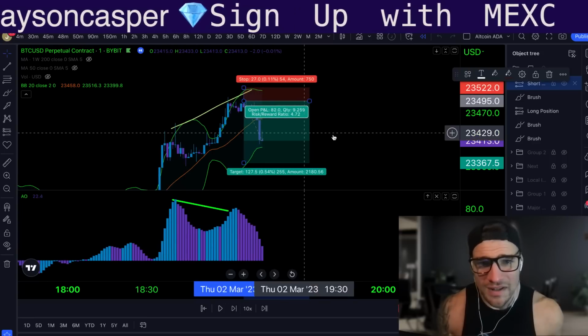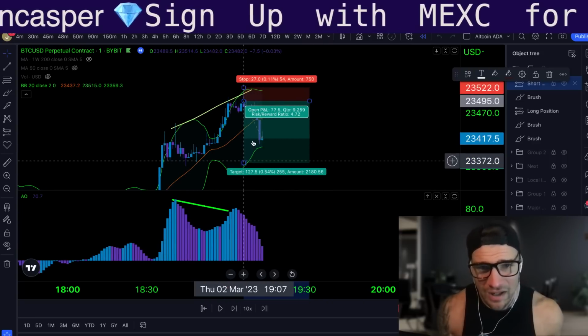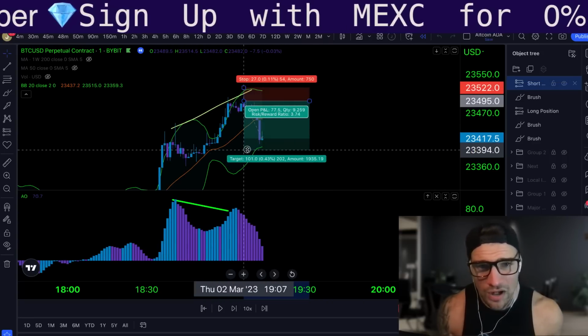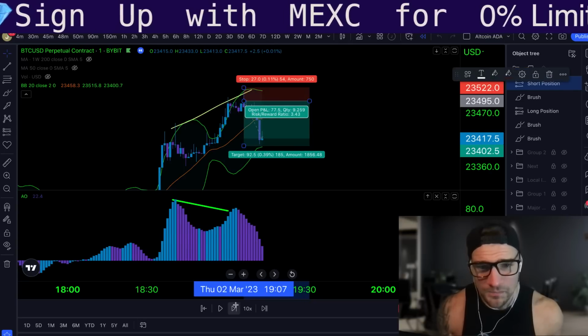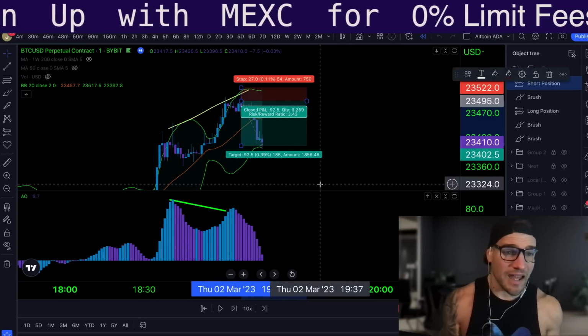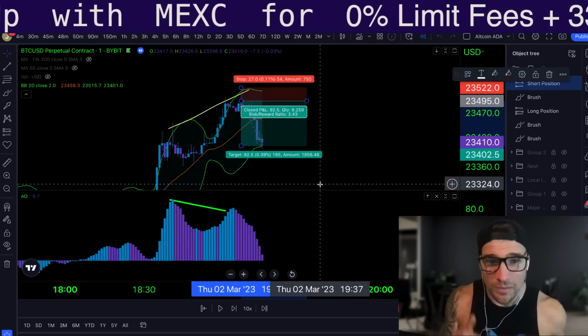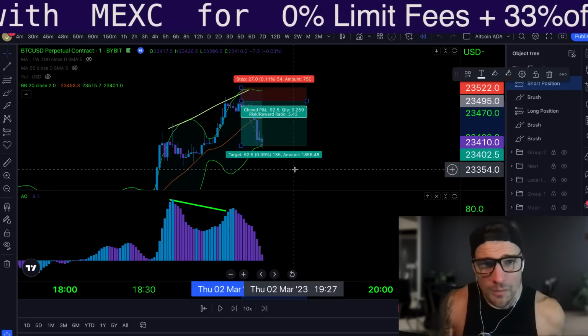But as we actually watch price play out here, we can see that the Bollinger Bands are getting thinner, lower, and then we can move our limit take profit up a little bit and hit that take profit like that. That would get us out of the trade. So it does take a little bit of proaction, if that's even a word, but we can drag the limit